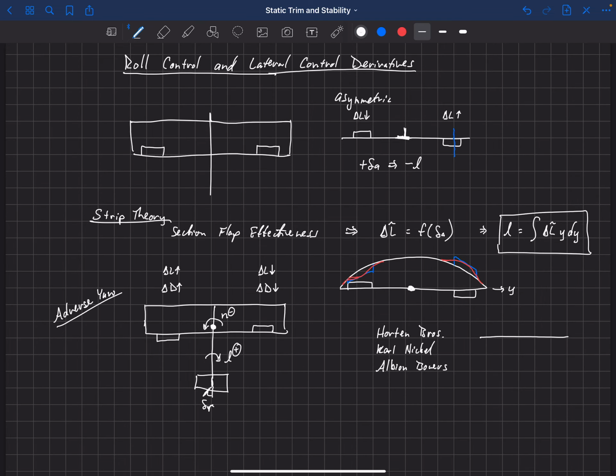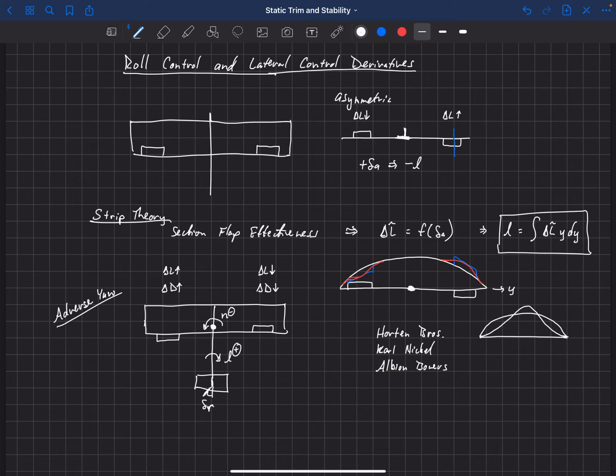But what happens is, most aircraft are using something close to an elliptic lift distribution, and if that's the case, then it doesn't matter how you design these ailerons, you are always going to get adverse yaw. But there's another lift distribution that was published by Prandtl in 1933 called a bell-shaped lift distribution. This bell-shaped lift distribution has some advantages. We're not going to go into that in detail right now.